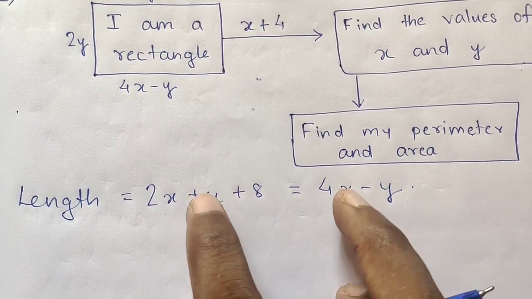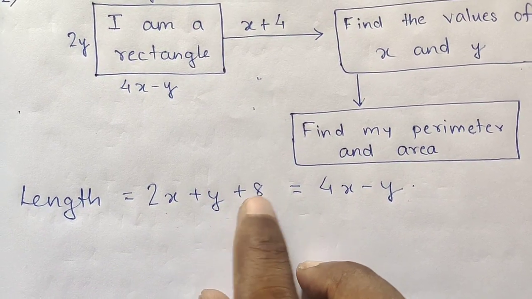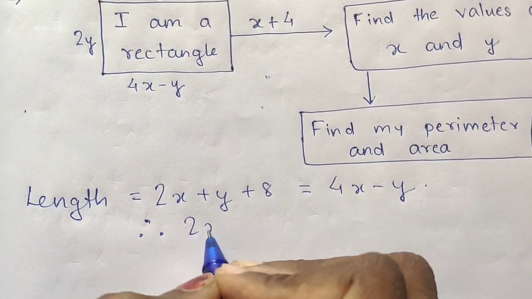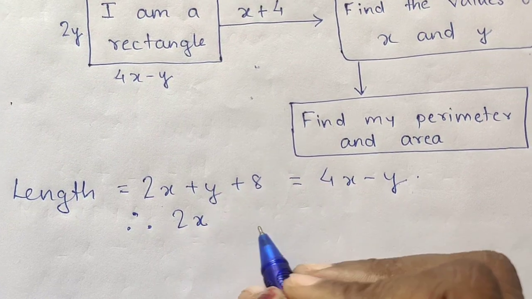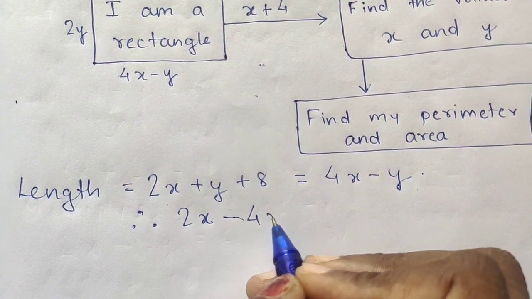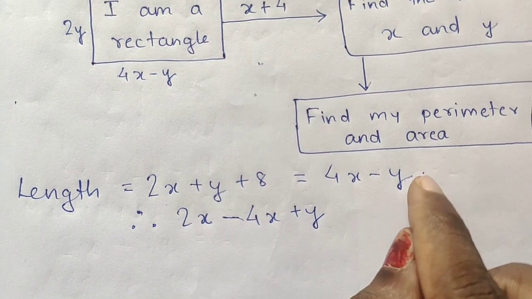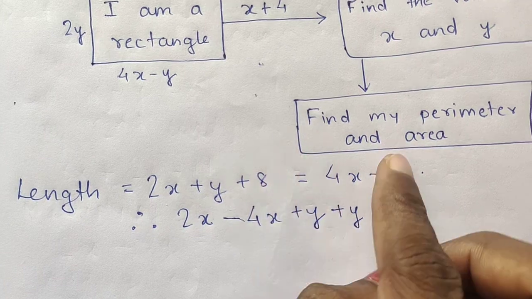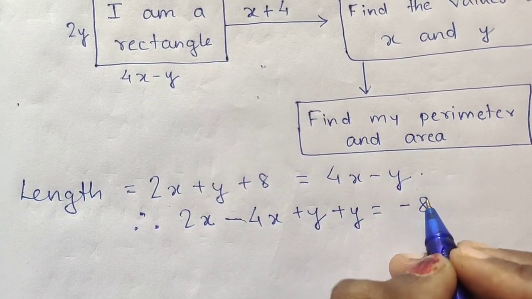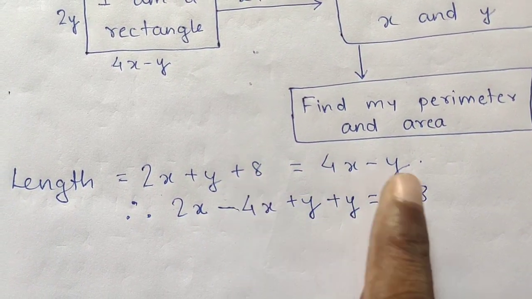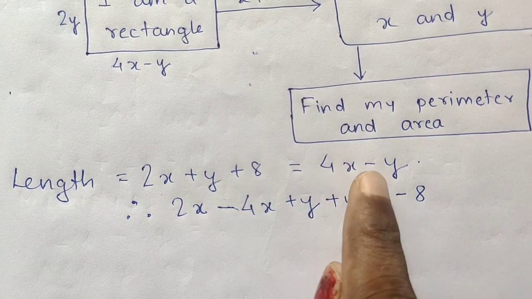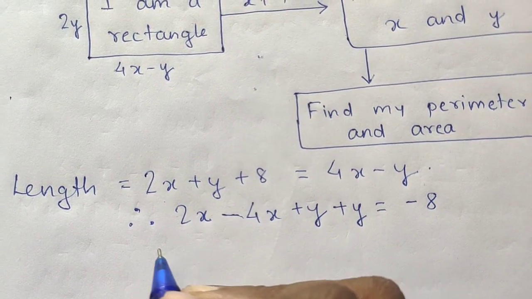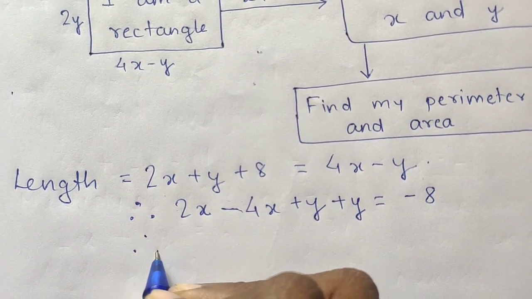Okay, so keep x and y to left hand side and the number 8 to right hand side. So we can write it like this. Keep 2x as it is, take this 4x to left hand side so that it becomes minus 4x. Keep plus y as it is, minus y becomes plus y, and transfer this 8 to right hand side so that it becomes minus 8. Okay, I have transferred this 8, so minus 8, 4x becomes minus 4x, and minus y becomes y, and 2x plus y as it is. Now let us simplify this.